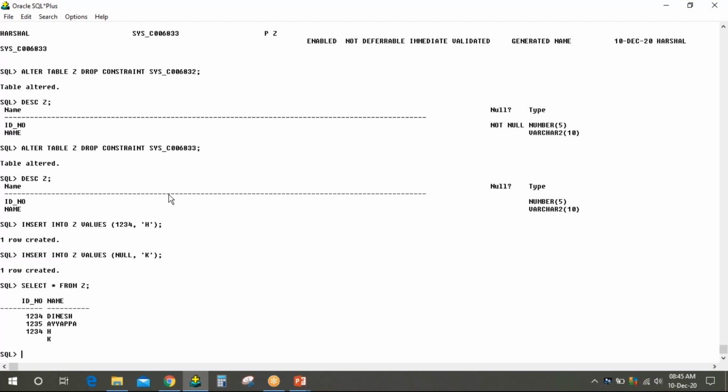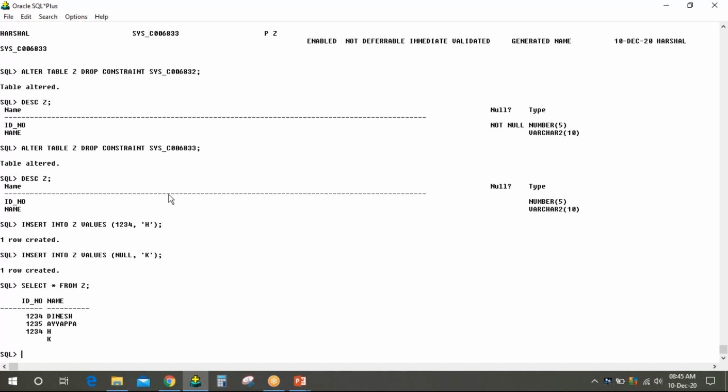Did you understand, guys? What is the role of primary key? If you understood, you can go a little more in depth. Respond either on chat box.